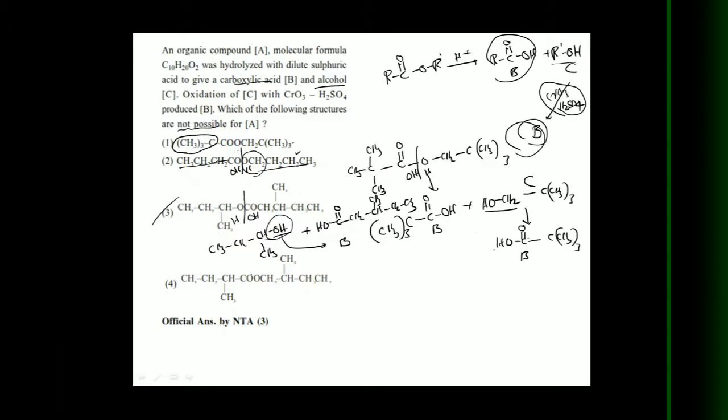So in this case, yes, it is an acid and this is an alcohol. So here this one on hydrolysis gives CH3, CH2, CH, CH3, C double bond OH, and here OH, CH2, CH, CH3, CH2, CH. So this one on oxidation is converted to COOH, because it is a primary alcohol group. So here the fourth one is also suitable. So finally the answer is A.